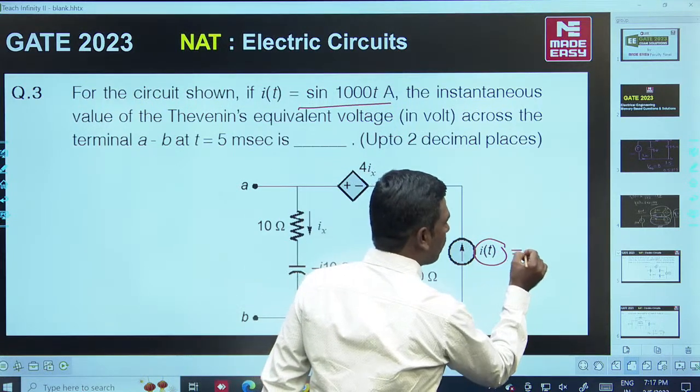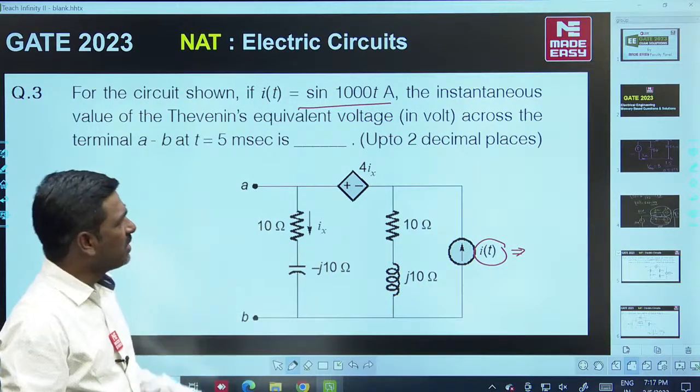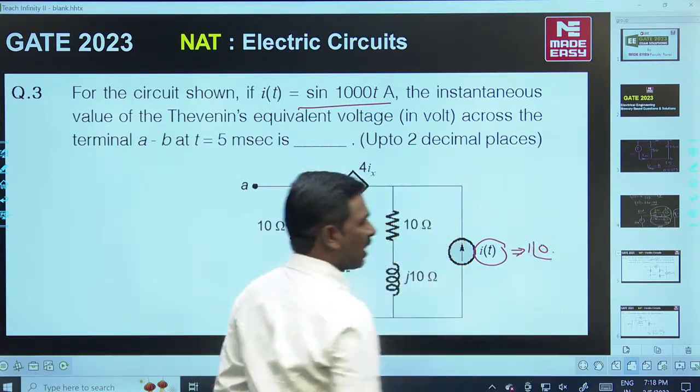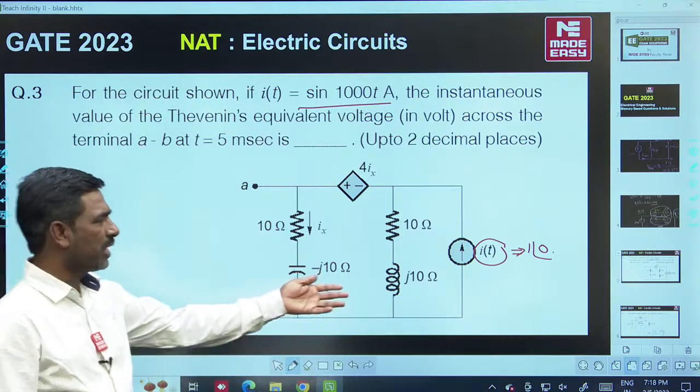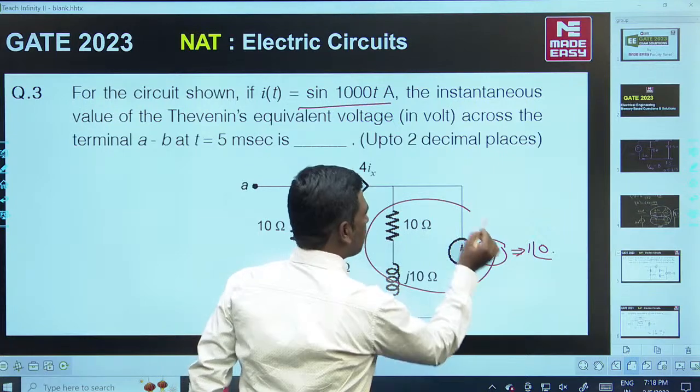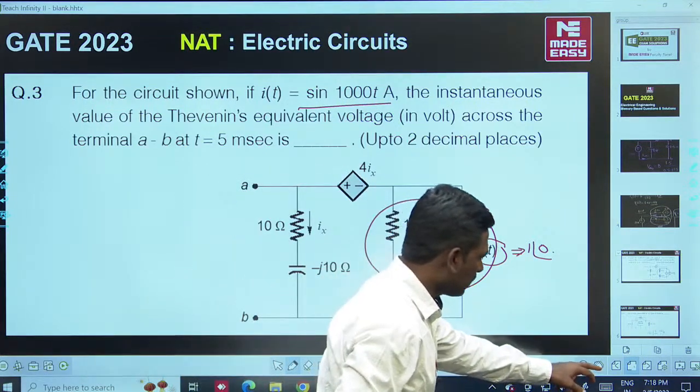I of t is here. I am just converting it into a phasor. Here sine 1000t, I am writing 1 angle 0. I am taking the maximum value here, otherwise you have to take an RMS value also. So after conversion of this, the circuit becomes